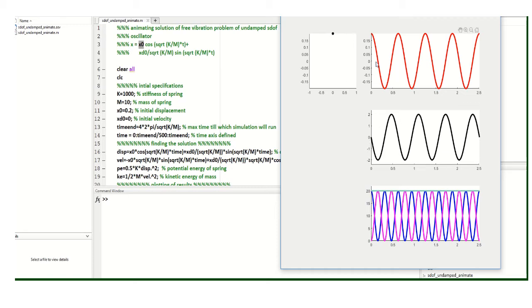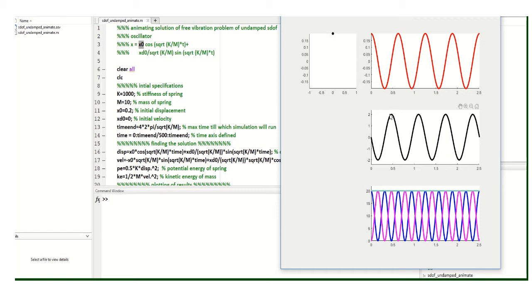Okay, so just try to see to it. When the displacement is 0, when the mass is at the equilibrium position, velocity should be maximum. So for this time velocity is maximum, but in the opposite direction. Similarly, another point where the mass is hitting the equilibrium position, this point. When the mass is at this point, you see that the velocity is maximum.